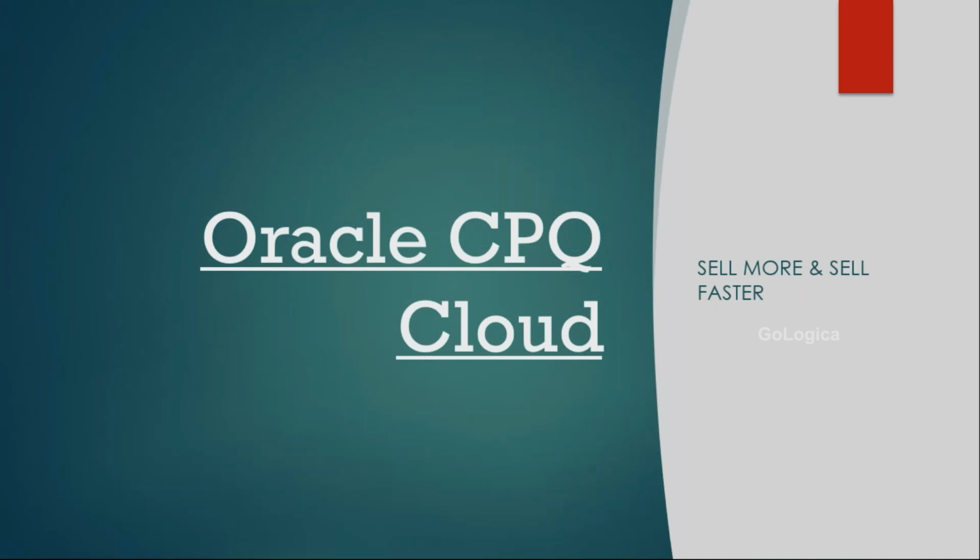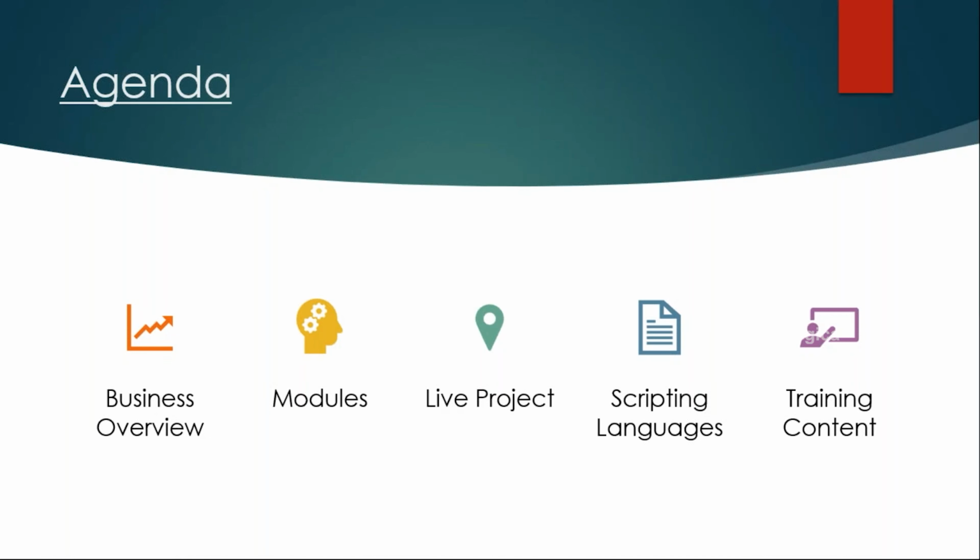Okay, so we all know that Oracle CPQ is a quoting tool which helps sales users to sell products as fast as they can. That is the tagline Oracle CPQ has. Oracle CPQ was acquired; previously it was called BigMachines, and now Oracle acquired BigMachines and turned it into Oracle CPQ